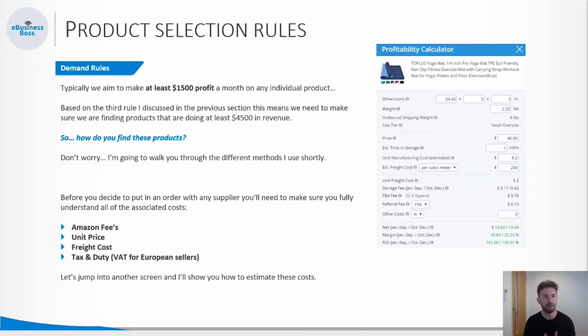So based on the third rule I discussed in the previous section, this would mean that we need to find products that are doing at least $4,500 a month in revenue. So how do you find these products? Well, you don't have to worry, because I'm going to run you through a load of different methods we use shortly. So actually, for the purpose of this video, I'm only going to run you through one,